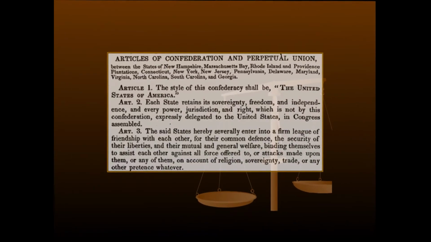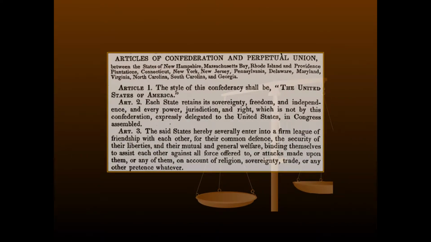Now we know that with the articles, we adapted the name. Article 1 would be the style of confederacy shall be the United States of America, so on and so forth. And Article 3 talks about the United States entering into a firm league of friendship with each other for the common defense and security of their liberties and their mutual and general welfare. That didn't work out so well,